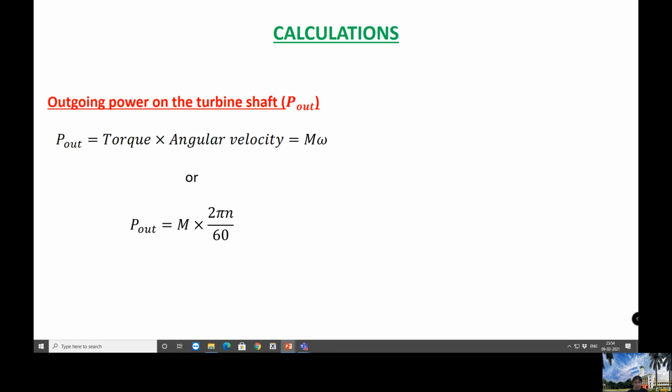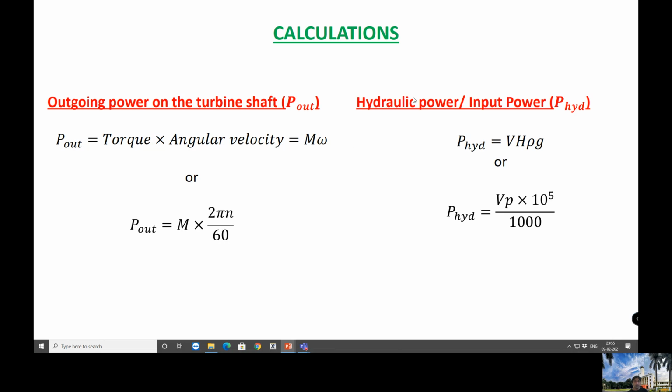Now the calculations, that is very important. Hydraulic efficiency comes from the output power, P out. The output power is torque times angular velocity, that is M times omega, where omega is nothing but 2 pi times the rotational speed divided by 60. Whereas the hydraulic power, or the input power that we are feeding, can be given by V times H times rho times g. This is the standard formula that we have also seen in